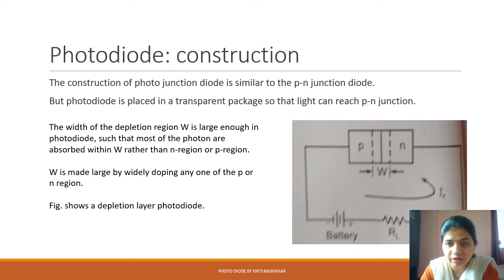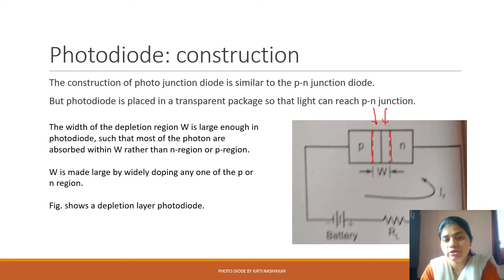So this is the figure, as you can see here, this is the width. Remember that a photodiode is always connected in reverse biasing mode. It operates in reverse biasing only. So that's why this depletion layer width W is large enough,